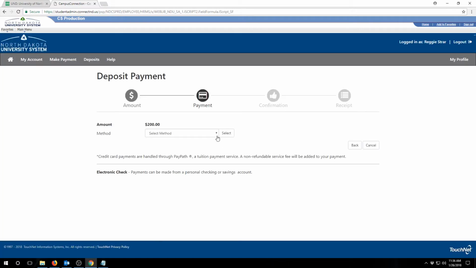And once you get here, you will be able to select your payment method. You could go with an electronic check or a credit card. If you go with an electronic check, please have your bank routing and account numbers ready. And if you go with a credit card method, just keep in mind that there is a convenience fee of $5.50 for the transaction. So once you pick which method you decide to go with, you will highlight it and